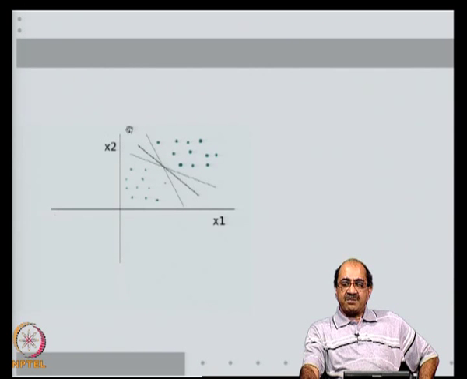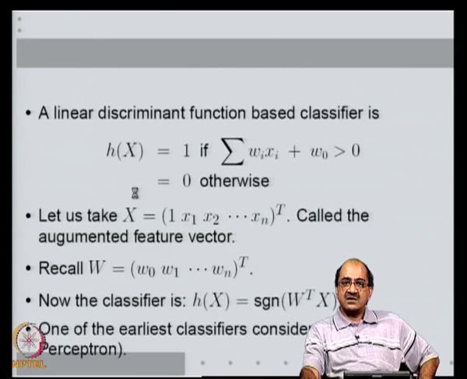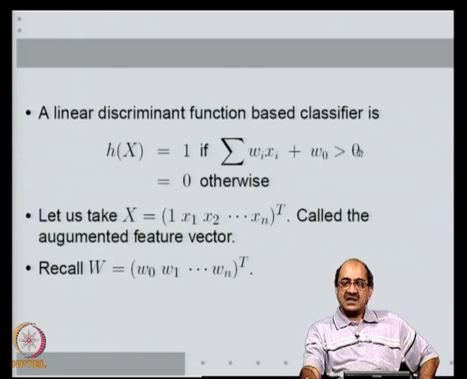Basically what we have is a line; often the line passes through the origin, even otherwise it is alright. So, w transpose x_i plus a threshold greater than 0 for one class, less than 0 for another class simply means that in the feature space between the two classes I can put a line such that all patterns of one class are on one side of the line, and all patterns of the other class are on the other side of the line. That is what this means. Recall that x is an augmented feature vector, so essentially x transpose w is given by w x_i plus w naught.